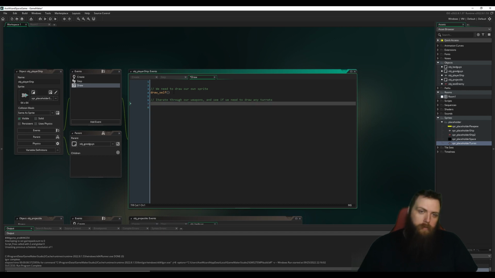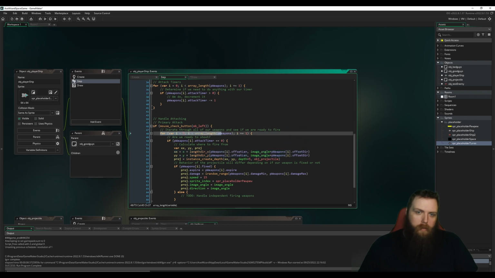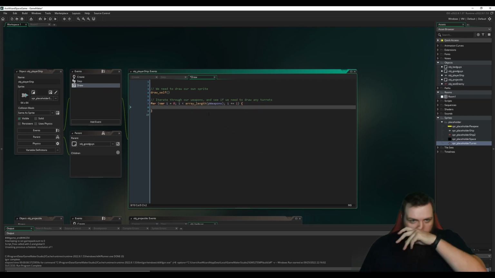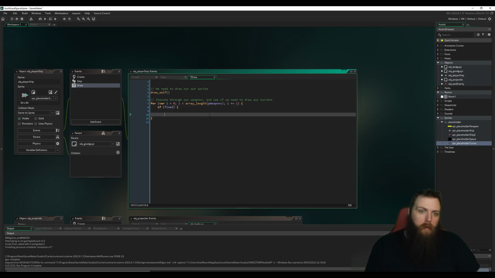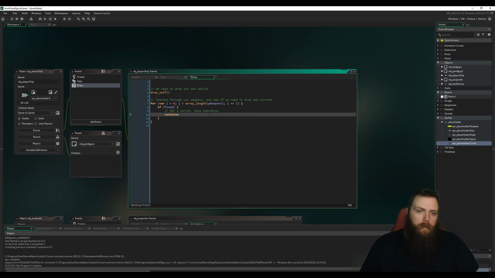So we're going to do another for loop here. We're going to do this again. Copy. Paste. So iterating through, we're going to do similar logic. If fixed is true, then we don't care. We're going to, let's see, not a turret, skip iteration. So we're going to continue. And now,